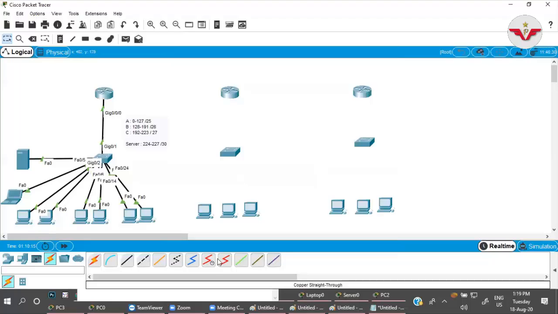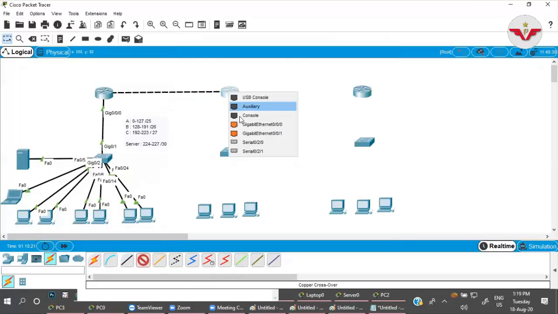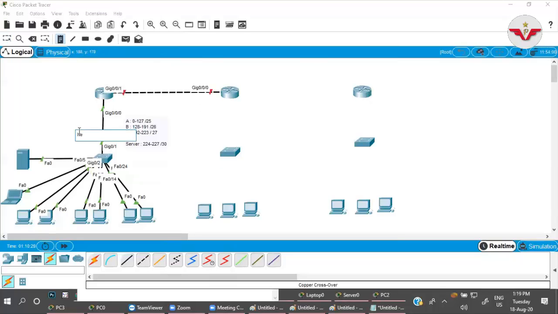Fine. So router to router cross cable. Done. Now this is network 2. This was network 1. This is network 2. And this is network 3.